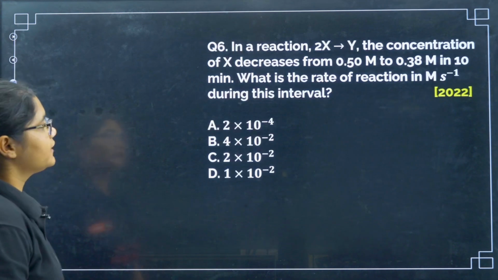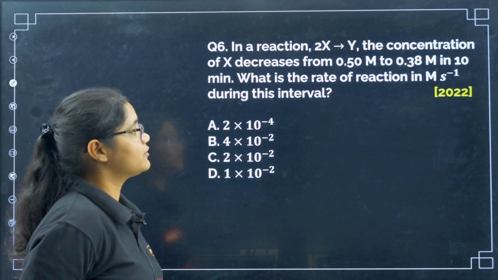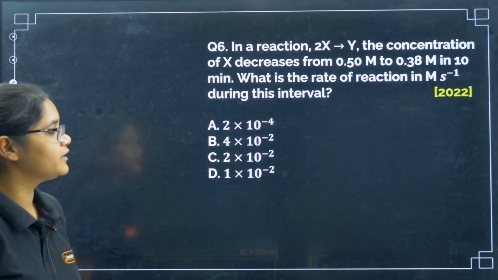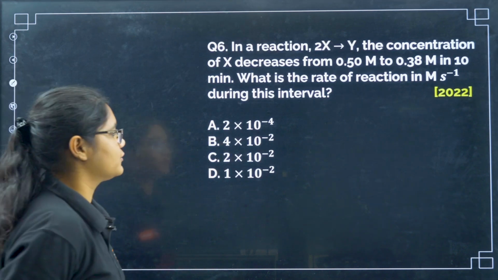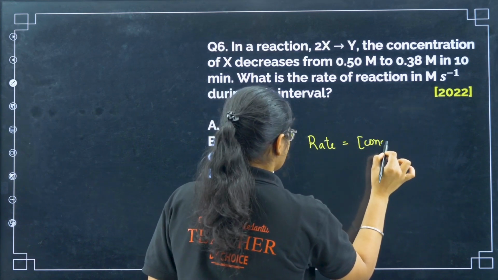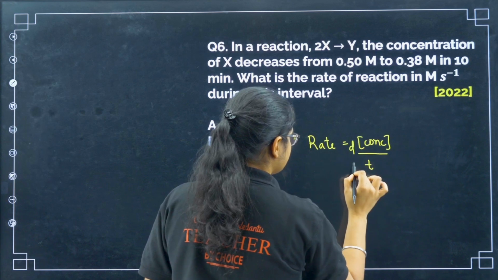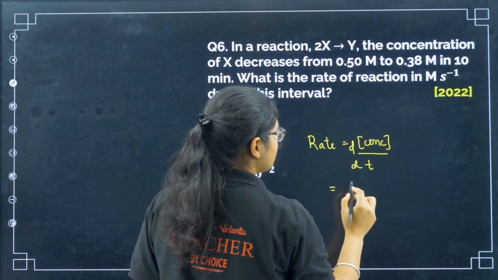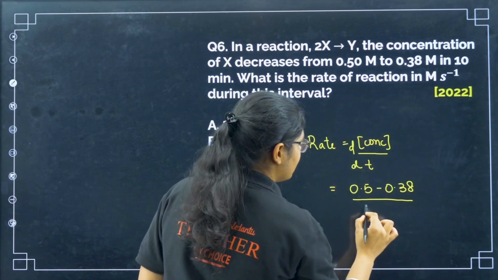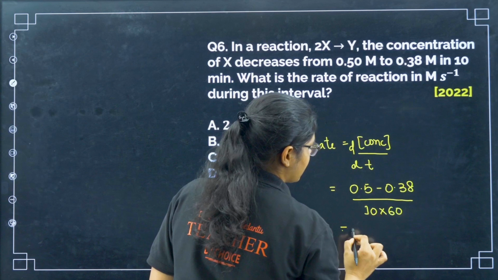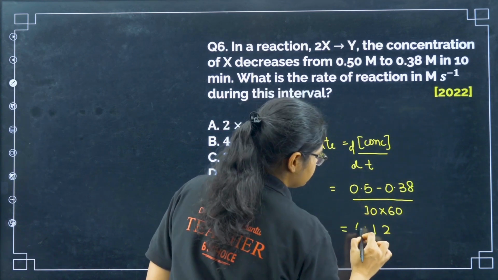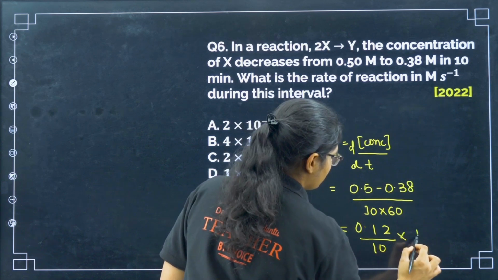Okay, next, in the reaction 2x gives you y, the concentration of x decreases from 0.5 to 0.38 in 10 minutes. What is the rate of the reaction in molar second inverse? Okay, so the rate of the reaction will be what? Change in concentration by change in time, d concentration dt. What's the concentration? 0.5 to 0.38, right? 0.5 minus 0.38, and what is the time? 10 minutes, convert it into seconds, 60 seconds. Okay, so I will have 0.12 divided by 10 into 1 by